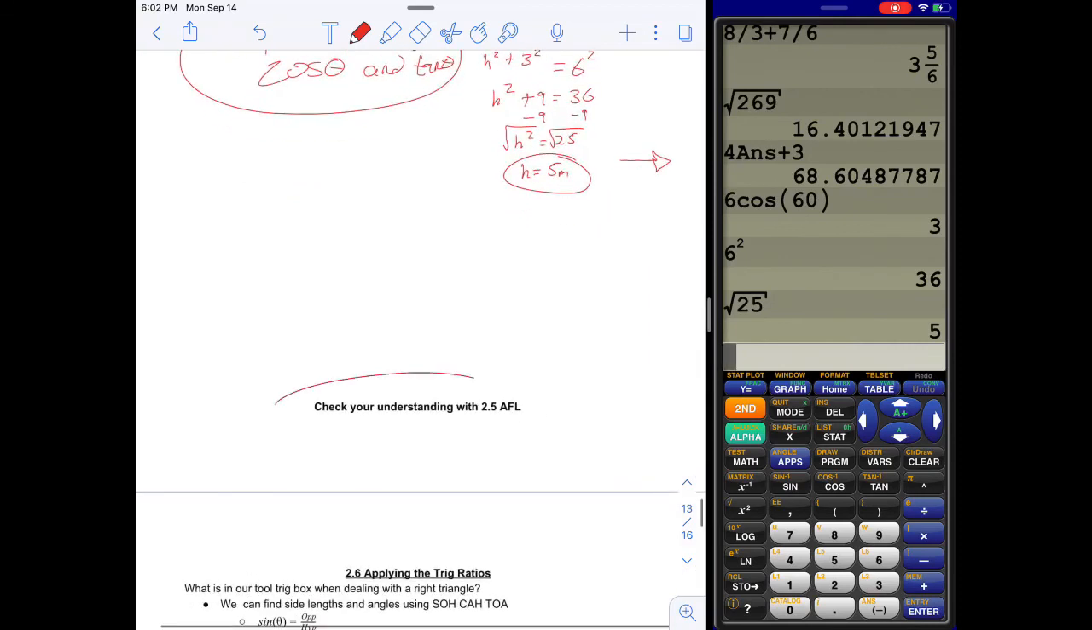But other than that, I'd go check your understanding right now. Go to 2.5 AFL, and give it a shot, see what makes sense. If things are not